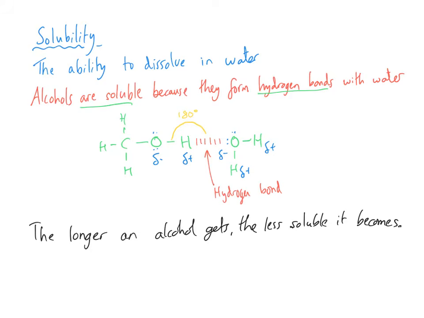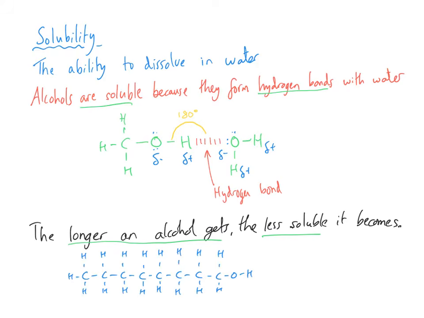Now, there is, sadly, a complication to this pattern, and that complication comes when alcohols get longer. So the longer an alcohol gets, the less soluble it becomes. And I've drawn octan-1-ol to illustrate this idea. So octan-1-ol has got the alcohol group, of course, and so that can form hydrogen bonding with water because it is polar. However, the rest of the molecule is non-polar, and what that means is it won't be able to